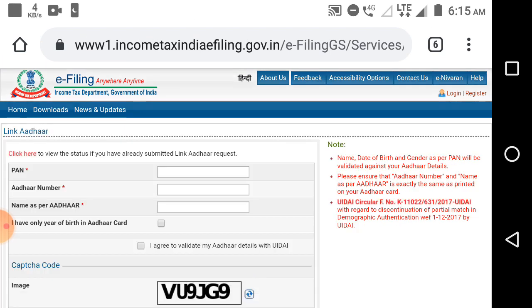Yes, here you can see you have to put your PAN number, Aadhaar number, name as per Aadhaar, and the captcha code. Before this, please keep your Aadhaar and PAN card ready. Now you have to put here your Aadhaar card number and PAN card number. I will show you.